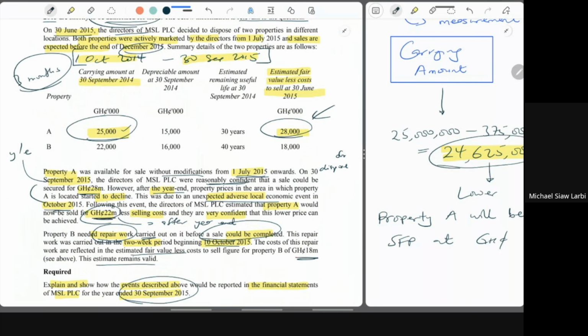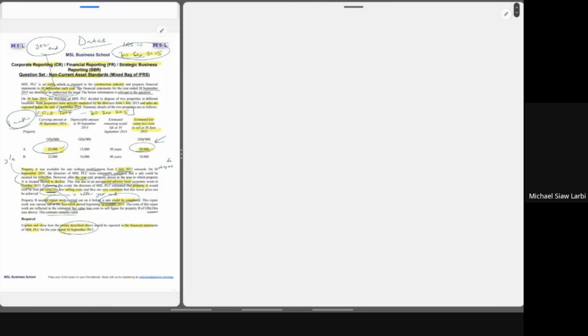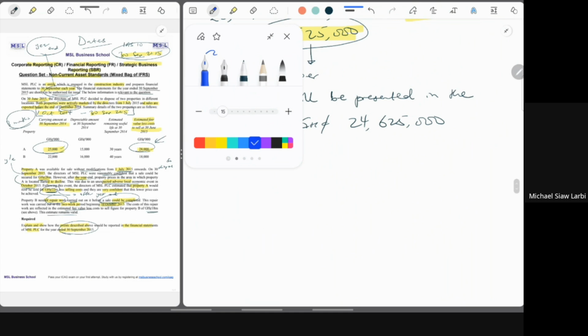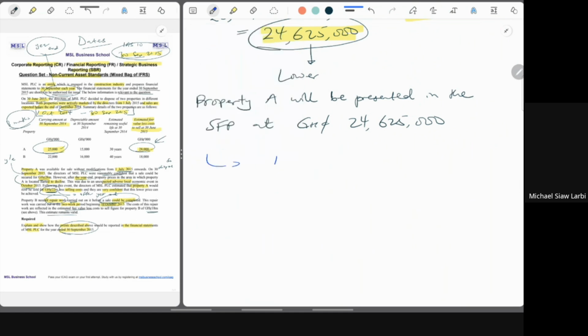But the point we are making here is that there's a standard called IAS 10. So let me touch on that briefly. Hopefully, you've heard about this standard before. If you haven't, no problem, right? So we talk briefly about IAS 10, which talks about events after the reporting period.